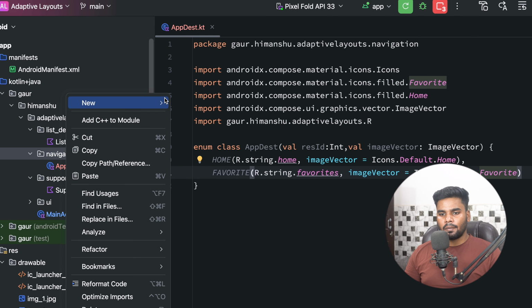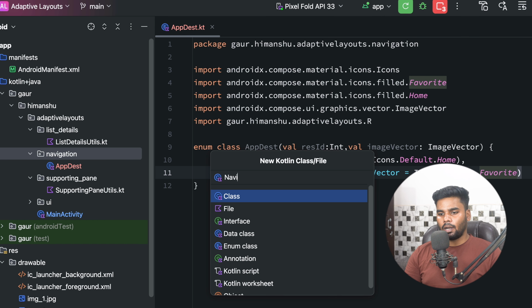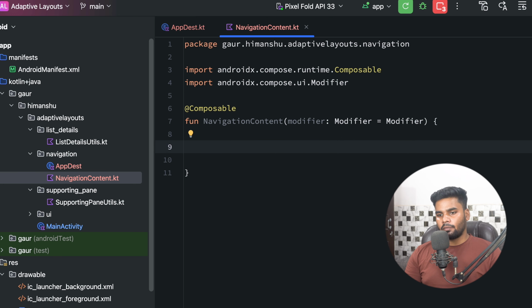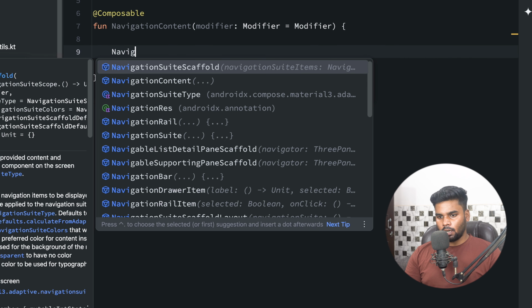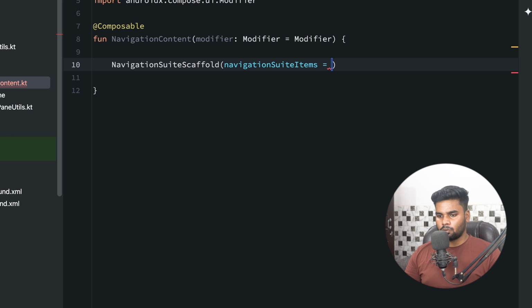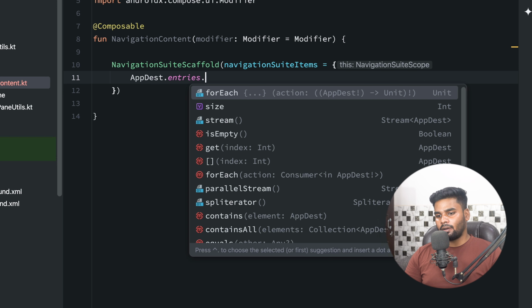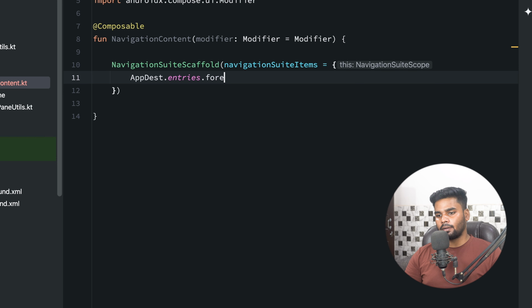Now within this navigation package I'm gonna create a file and call it NavigationContent, and the composable name would be NavigationContent. Okay, and within this I'm gonna use NavigationSuiteScaffold. So this is actually a navigation bar which is optimized for all of the devices, or you can say for all of the screens. Within this, for the navigation suite items, I'm gonna use my AppDestination entries and iterate over them,